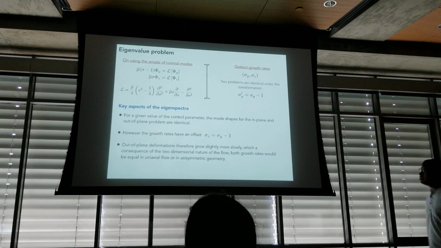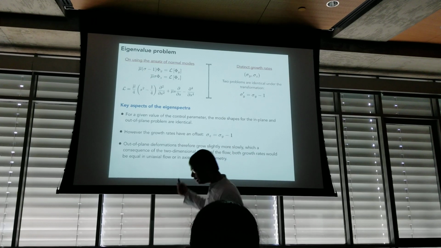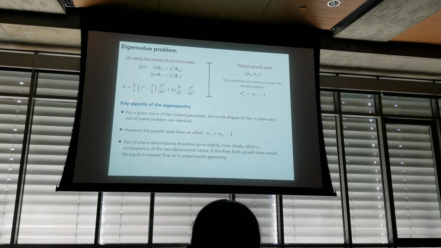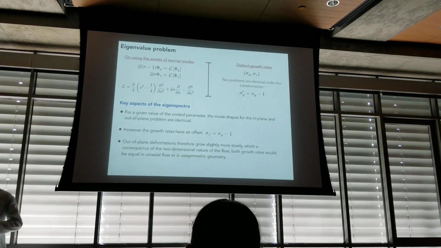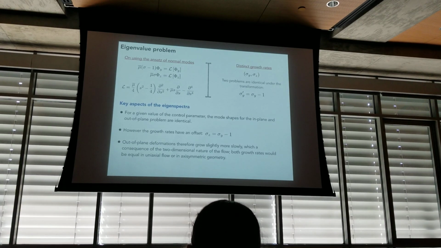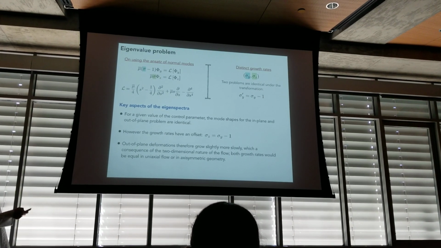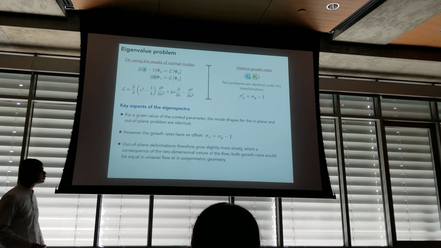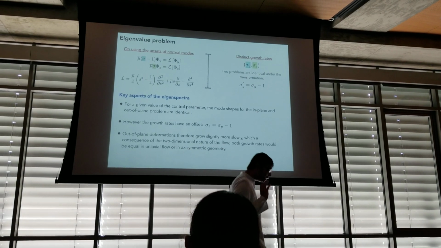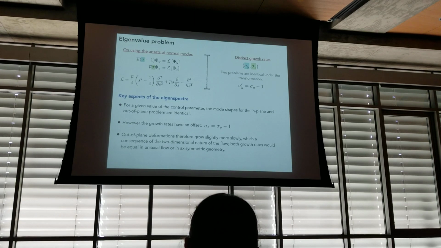So all calculations done, we end up with two eigenvalue problems for the perturbations hy and hz, and that's shown over here, where sigma, the growth rate, is your eigenvalue, and L is the linear operator. It turns out that these two problems are completely decoupled from each other, and that's because the flow is purely two-dimensional. And as a result, each of these modes, phi y and phi z, have their own growth rates, that is sigma y and sigma z. Further, it can be shown if you just redefine one of these eigenvalues according to this transformation, then these two problems are rendered identical.